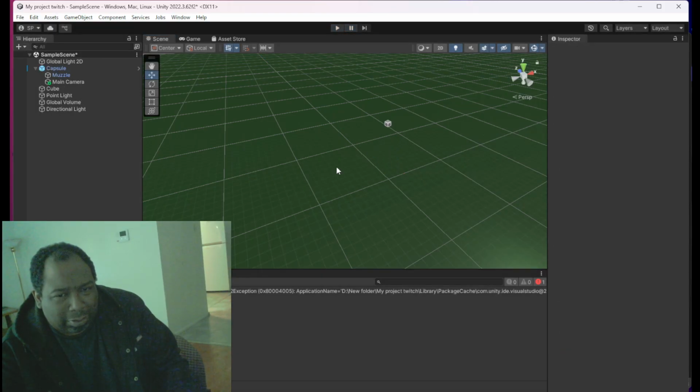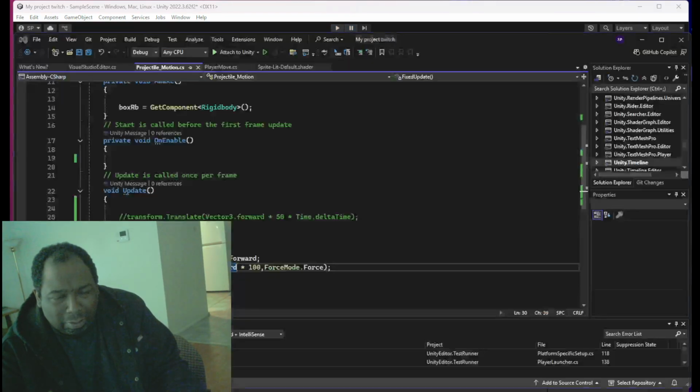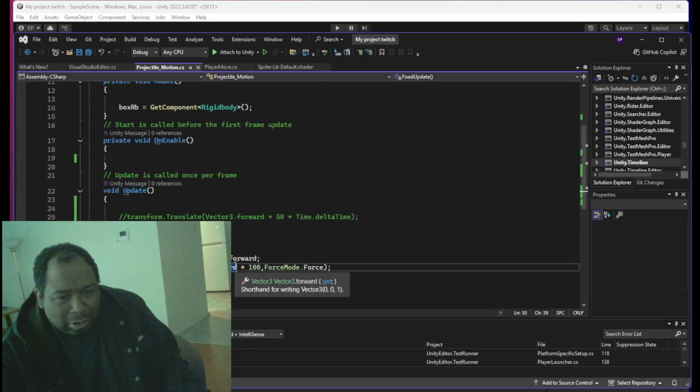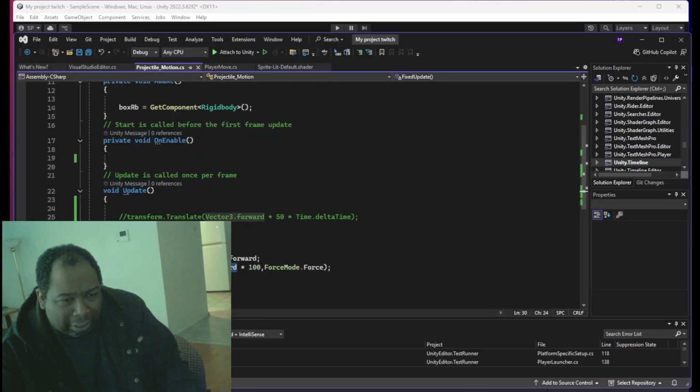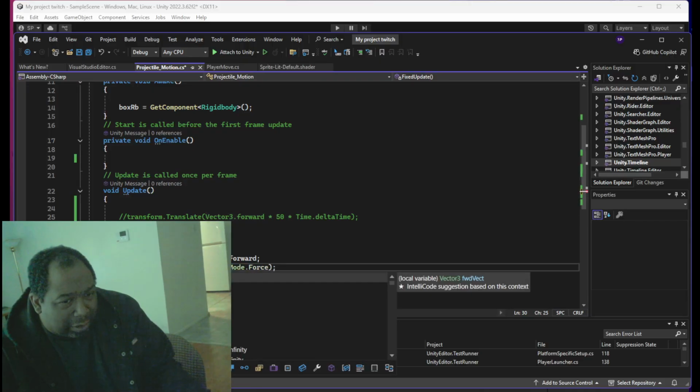That's what happens when you go with Vector3 forward and not calling the actual transform forward of the box. The forward vector, so forward back.